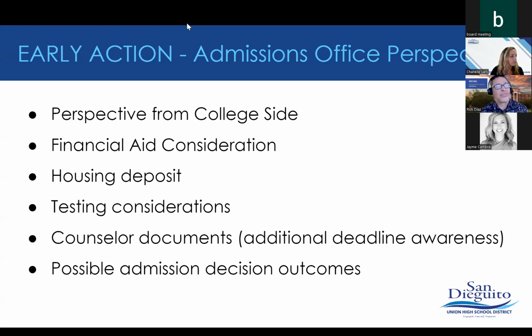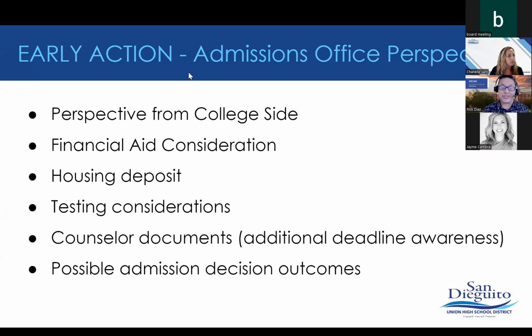So the thing that is probably most confusing this year is that the way financial aid is being done is going to be all kind of mixed up. And some families are afraid to make any kind of commitment because they don't know what it's going to be like. We're not completely sure ourselves. And so we're going to be doing lots of things to make it easier for students to make an important decision. But remember, early action is not the same as early decision.